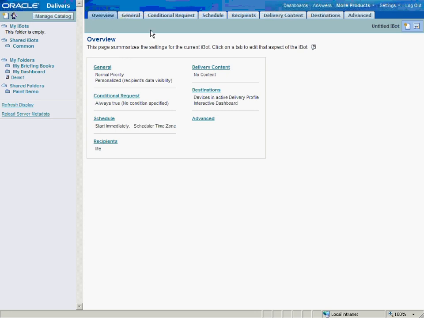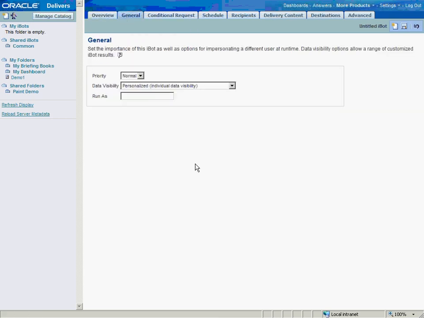The first one is Overview. It is just a launching pad that gives you the different tabs, with the same corresponding links you have here. So let's go through them one by one. This General tab provides you the priority. You can set